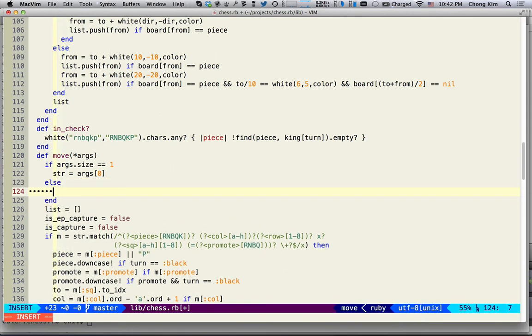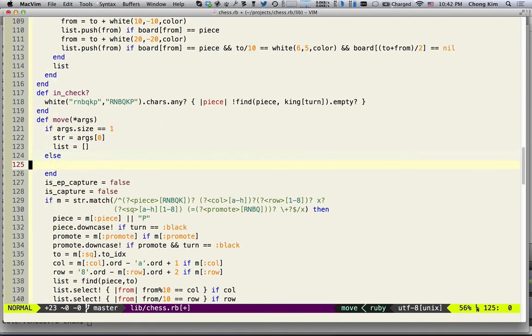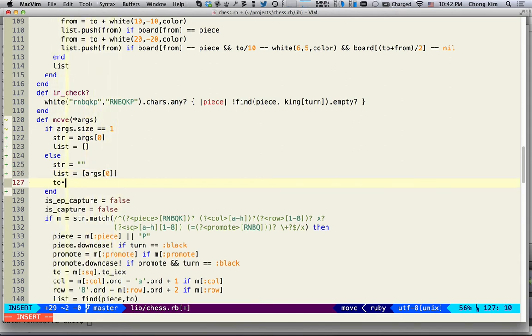Else the list string is going to be just empty, and the list is where the from is. So the from would be the first argument, so args 0, and the 2 is going to be the second argument,